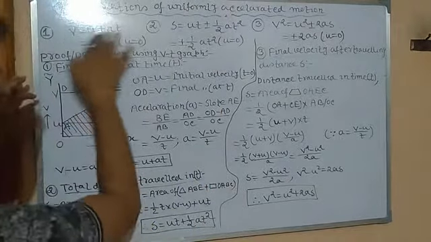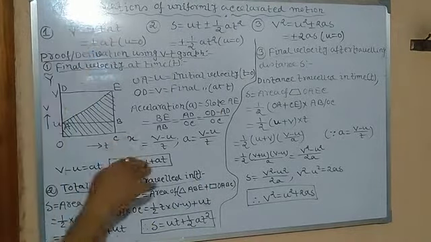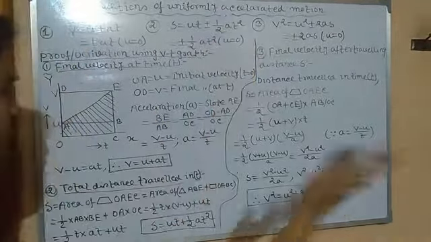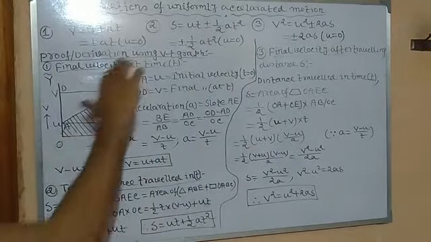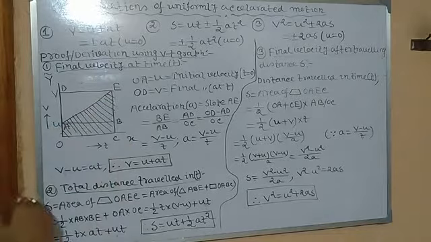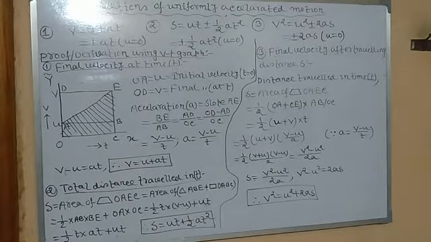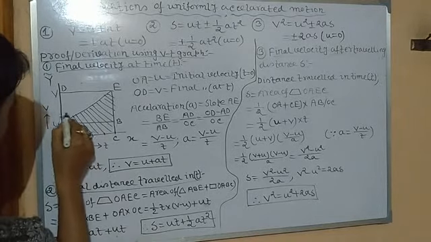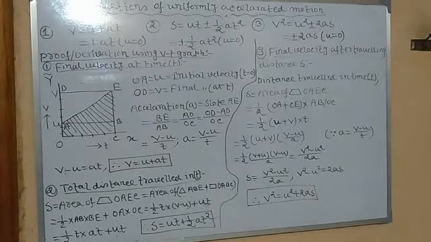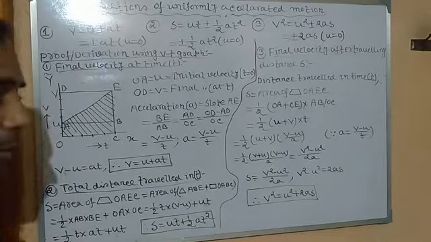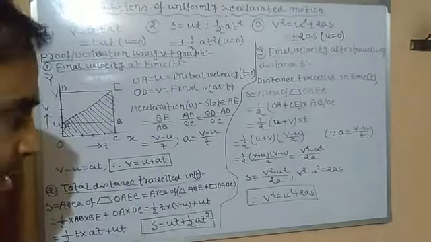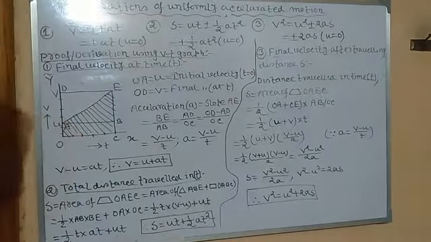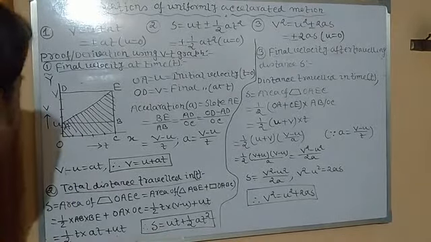So what will be its equation of motion, that is, velocity? First of all, you can see OA. Since it is moving with uniform acceleration, we have already learned that uniform acceleration means equal change in velocity in equal intervals. As I already told in the last video on velocity-time graphs, in 1 second 10 meters per second, in 2 seconds 20 meters per second, in 3 seconds 30 meters per second. I think you have already seen that video, so there should be no problem.